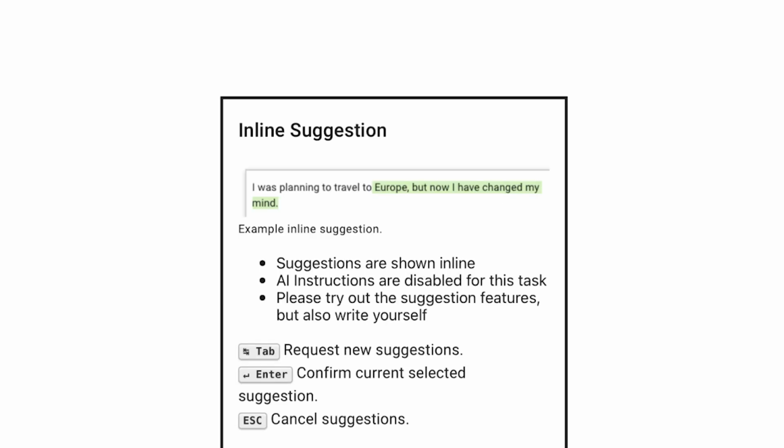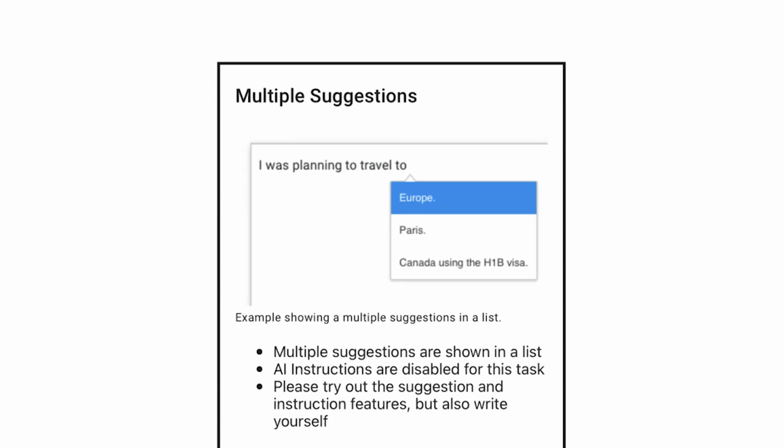So how did we arrive at these two perspectives? We conducted a user study with 129 participants recruited over Prolific and asked them to write short stories on 5 different topics spanning argumentative and creative texts. These 5 writing tasks corresponded to 5 counterbalanced UI setups. One where no suggestions were given, one where only one suggestion was given inline, one where multiple suggestions were given in a list,